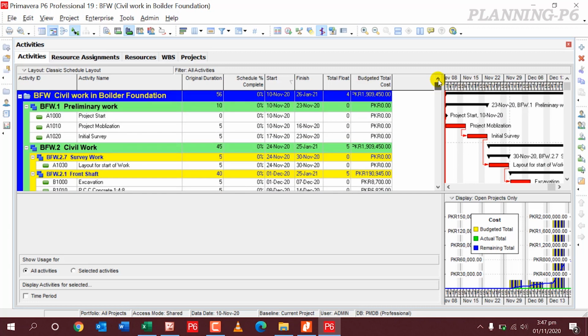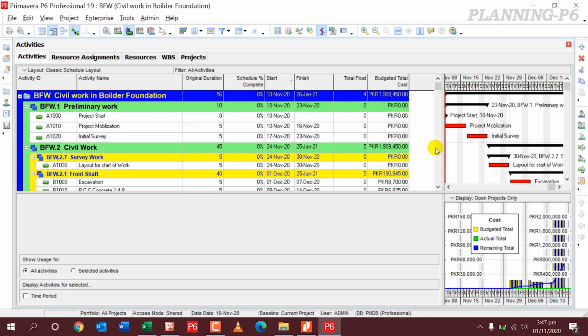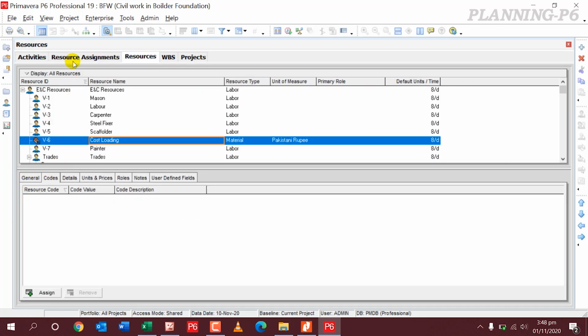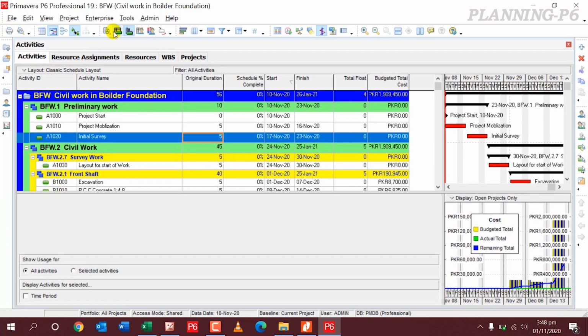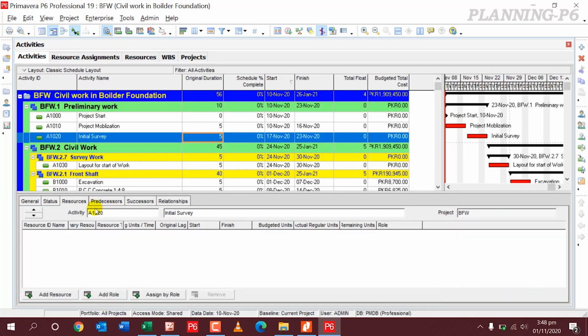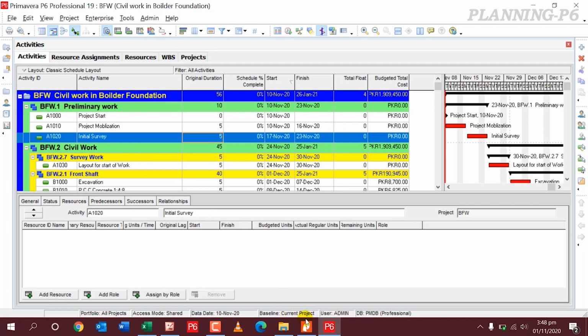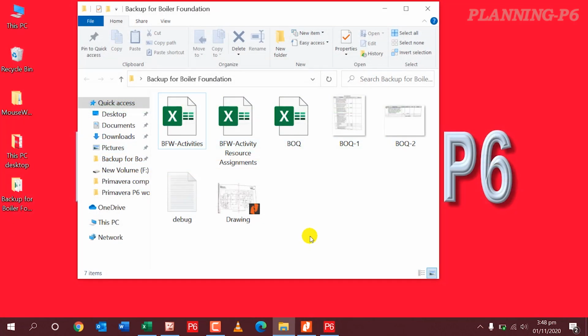So this one I have told you, how to load your resources and budgeted total units. Same as that, also go for resources, activities and details. You can also go for status and remove fixed units and fixed units to time. In the previous lecture I have told you, so for that learning you can go there. I will just assign manual days, and if I want to calculate masons labor, I will put it the same as exported from my QS. So this is the end of my lecture.